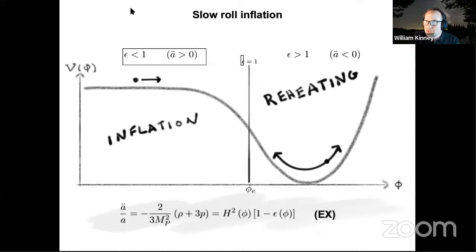When epsilon is greater than 1, that tells you that the expansion is decelerating, and you have exited the inflationary phase. And the boundary between these two is the point at which the potential gets steep enough that you no longer can neglect the kinetic term, where the drag from cosmological expansion is no longer dominating the equation of motion. And at that point, you enter an oscillatory phase at the bottom of the potential, and then coupling to the other degrees of freedom in your problem reheats the universe, inflation ends, and you enter a radiation dominated phase, and Bob's your uncle, you have a big bang, right?